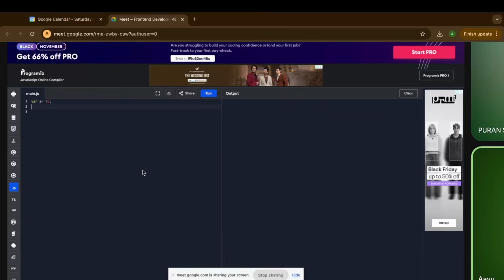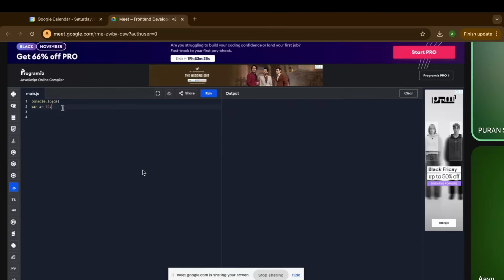What is the difference? Why, in var, what happened? As I said, console dot log. Here the variable is hoisted with an undefined value.